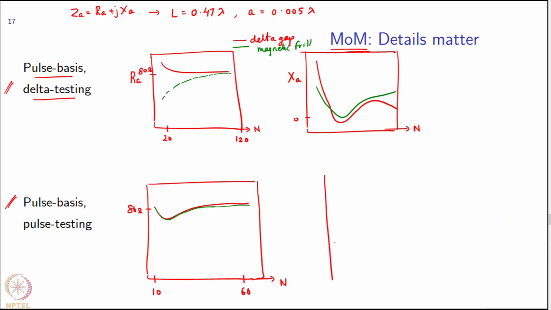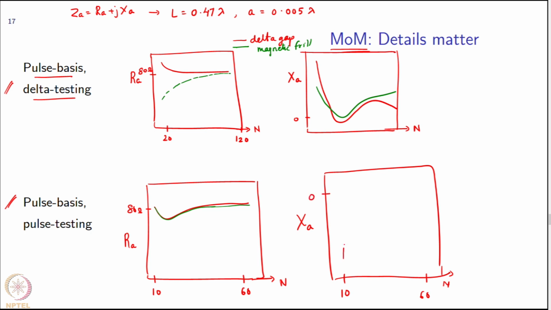The more interesting thing happens over here when I look at the reactive part. So this was RA and here is XA, N, again 60, 10, okay, and this is about 0. That is what you get with a delta excitation, and with a magnetic frill what you get is